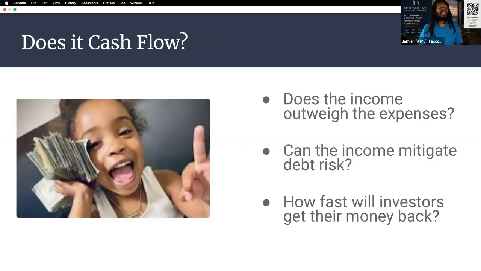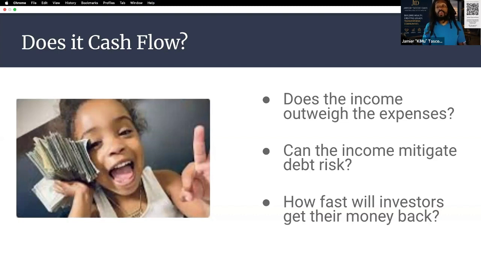My children, they know the cash flow equation. If they were here, they'd spit it out. I could invite them on, hey, Akil, how do you get cash flow? And they'd say income minus expenses. Nairobi, how do you calculate cash flow? Income minus expenses. They know that.